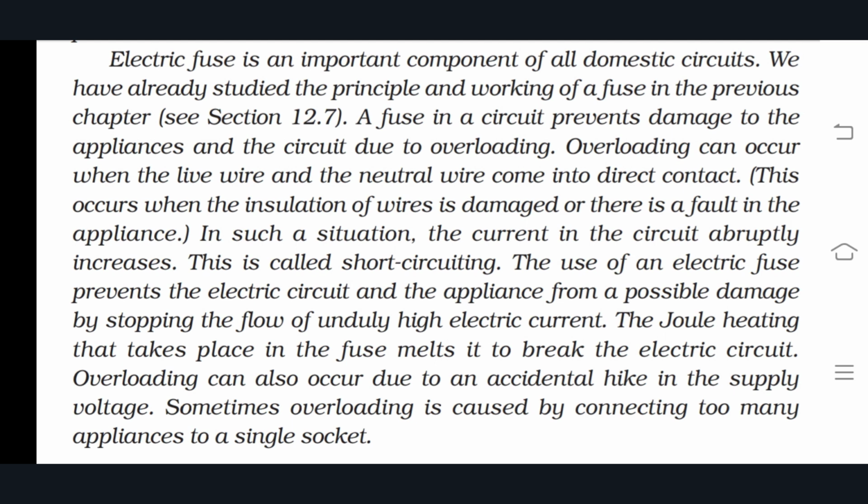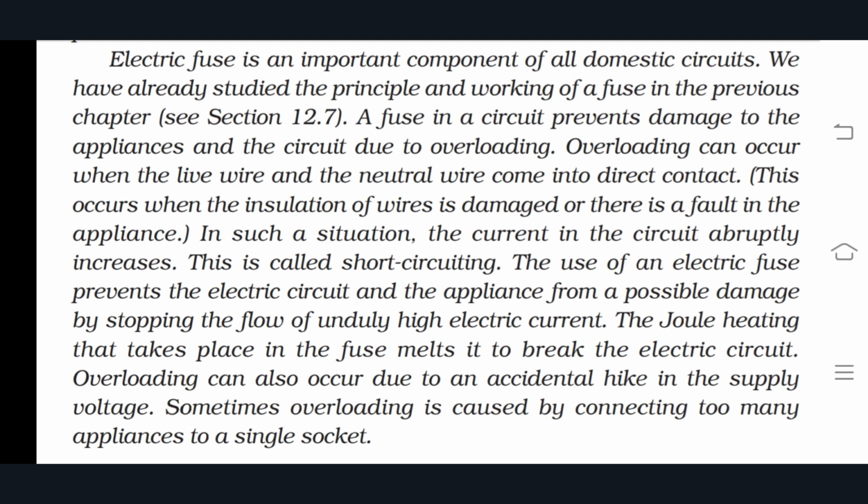That means if the two wires, the live wire and the neutral wire, come into direct contact with each other, then overloading is highly likely. Overheating is produced between the two wires, and then the insulation of the wire is damaged. So to prevent the overloading, we have to use fuses. When the fuse is working, the damage will occur in the fuse wire.